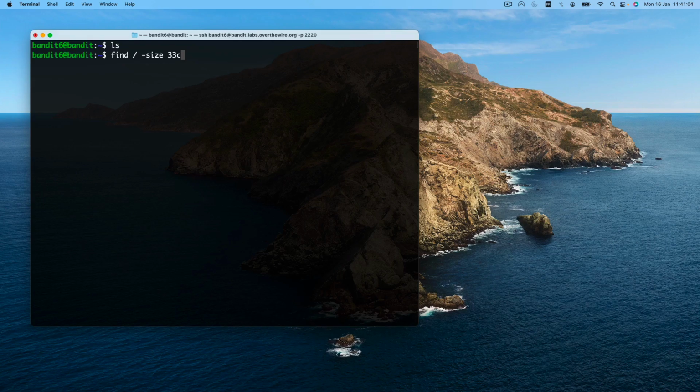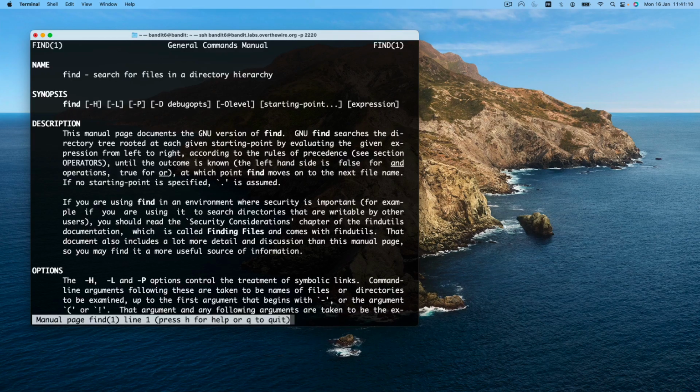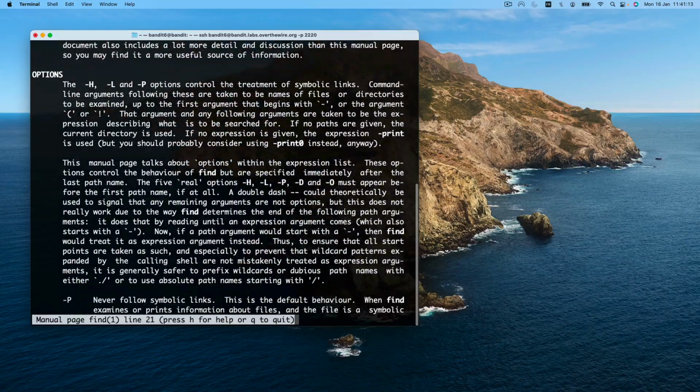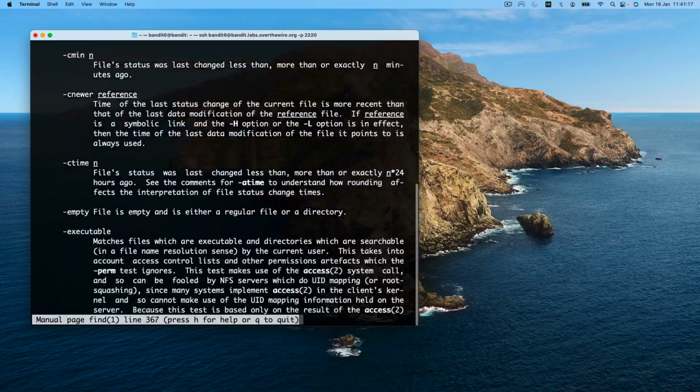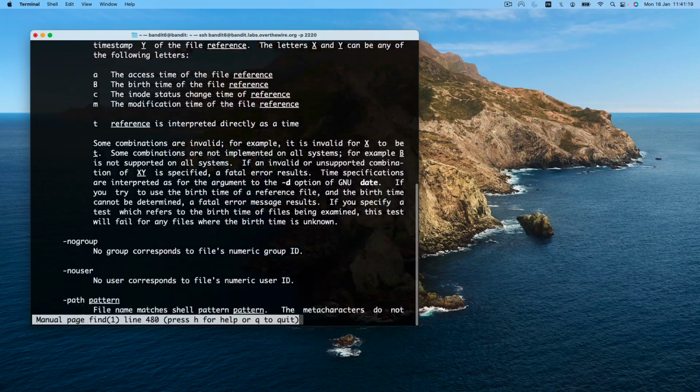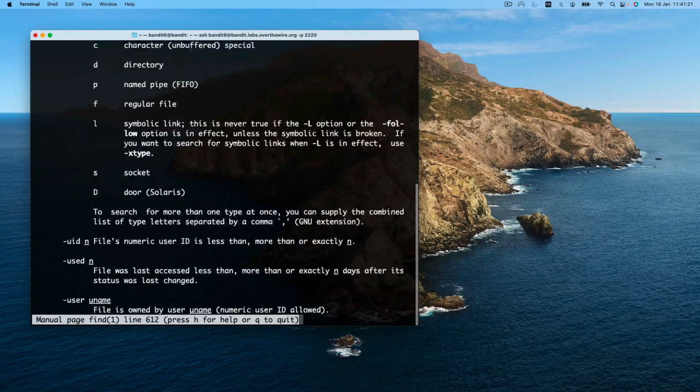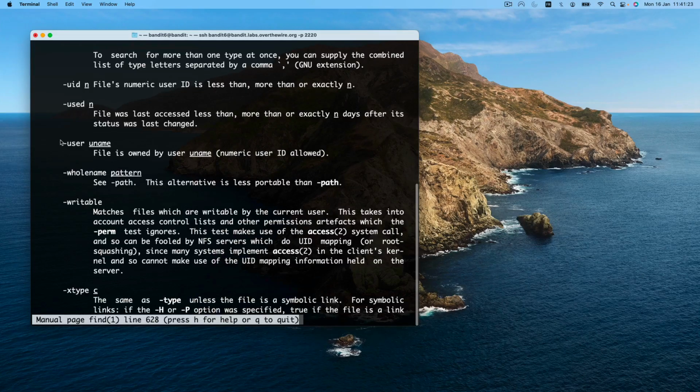then we want to specify the user the file belongs to. Again, we will use the find command. We search for the right option. And here we have it. So the second part of our command will be